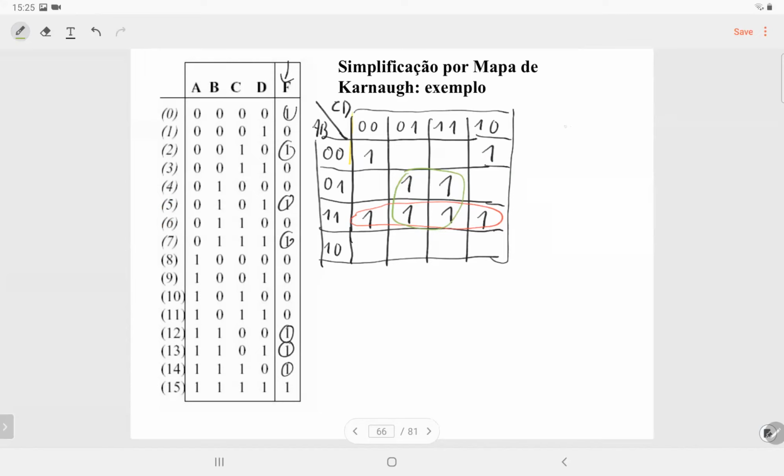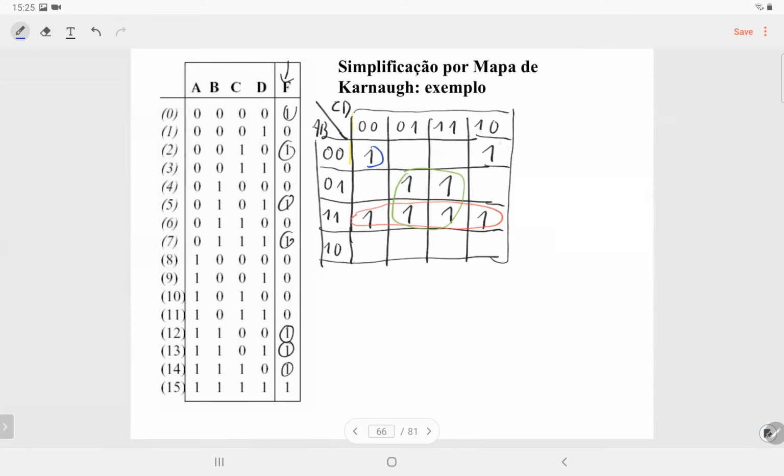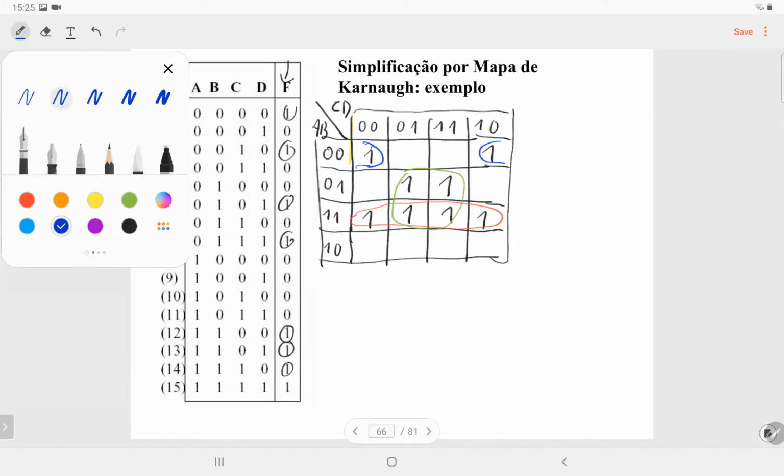That's because of what we studied before. So A equals A plus A. So you can actually use this term more than once. Teacher, just one question. In the end, you have to use all the ones, right? Yes, you have to use all the ones. I forgot to mention it. All the ones must be inside a group. But the ones can also be in more than one group, but they have to be at least in one group. Okay, so now we have this, and now we can derive our function based on this,